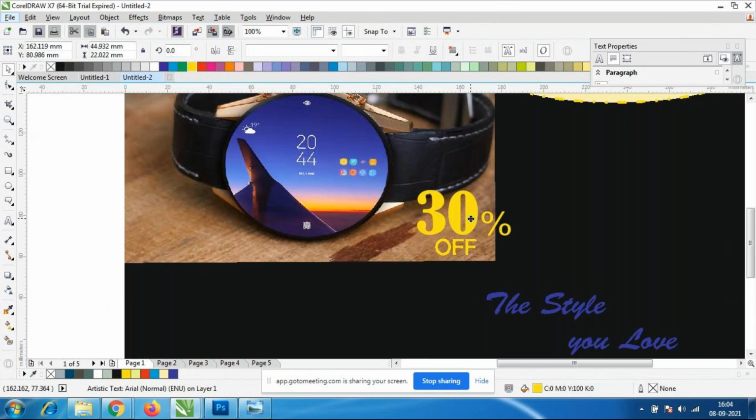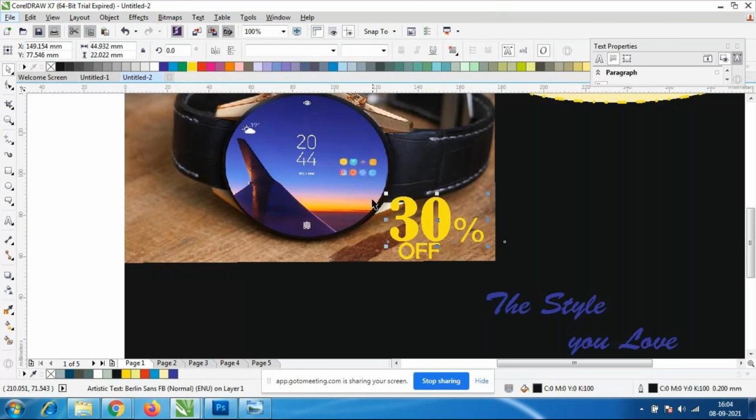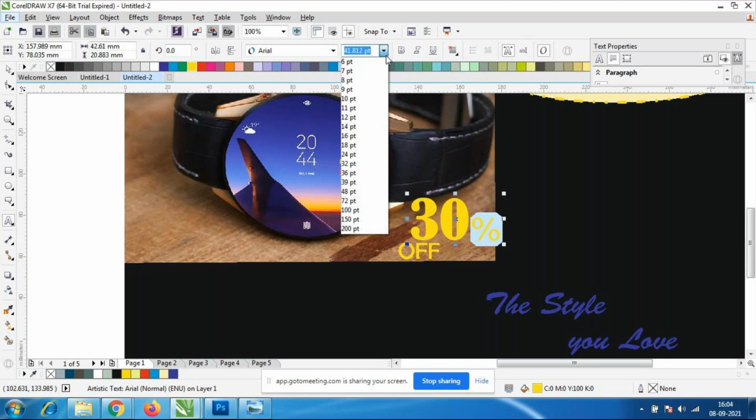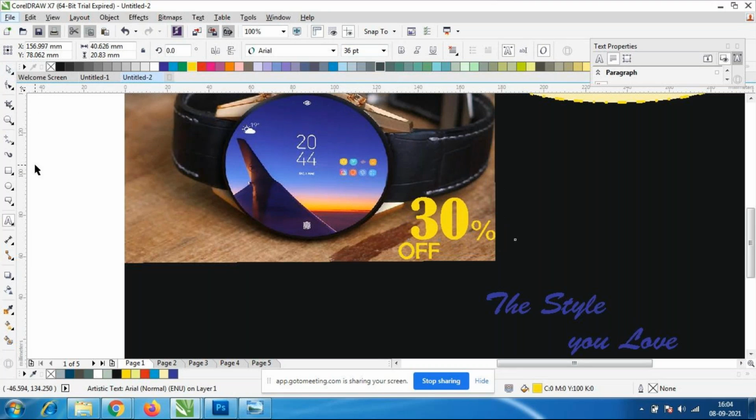It should not disturb my watch design. Okay. Just keep like this, and here I want to reduce it, means I can reduce it like this. So I'll leave it 36, and here we have an option of,